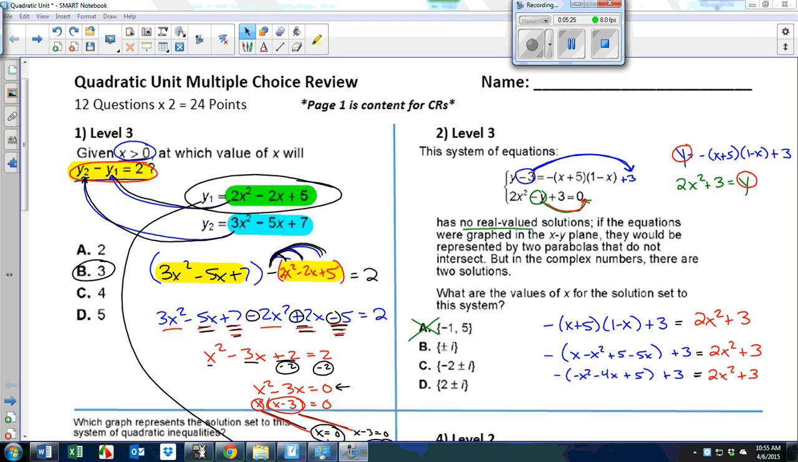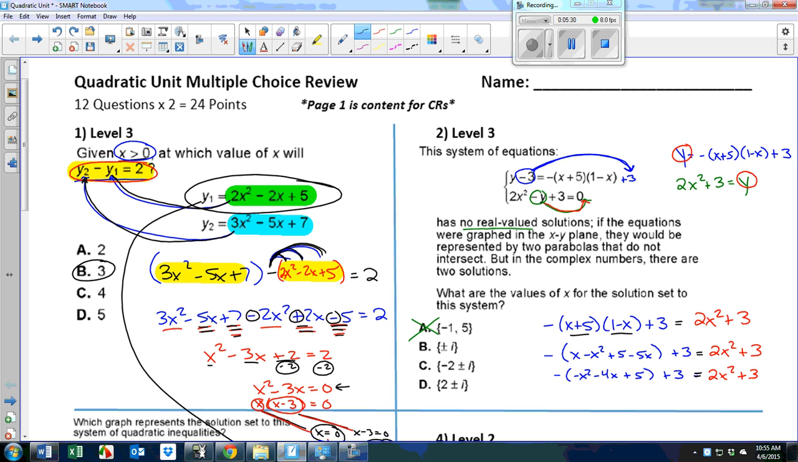So as you see, all I've done is FOIL. I've foiled the first two parentheses, finding their x squared and negative 5x. I'm going to take the negative that's in front and distribute it, which will change all of those signs. So it becomes positive x squared plus 4x and minus 5 plus 3 equals 2x squared plus 3, and finish